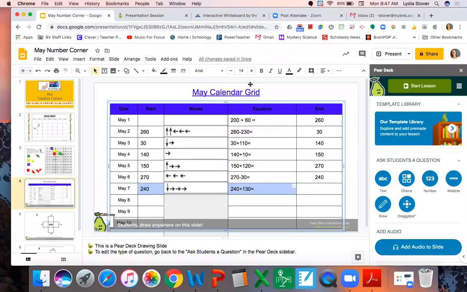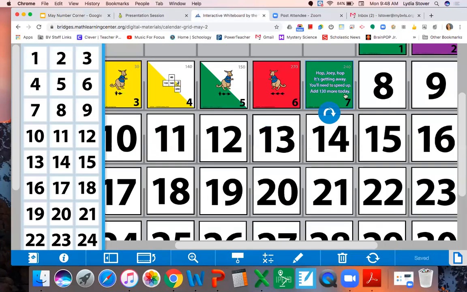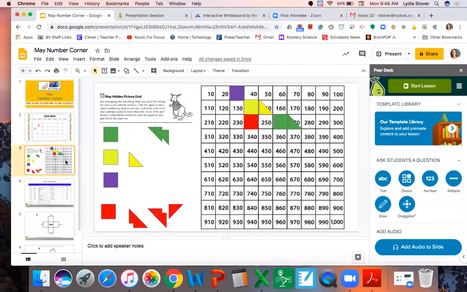All right, 240 plus 130. I see Tanner has an answer. Dawson answered and put an answer from last time. So we're gonna jump up 100. 240 plus 100 more would be 340, and add 30 to that. We'd go 40, 50, 60, 70. It'd be 370. So we are ending on 370, and if you remember, this was a green one on 370. So get your crayons ready. We're gonna do a green one, 370, right here.